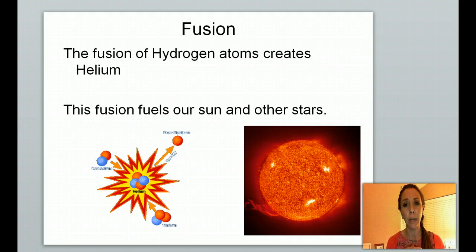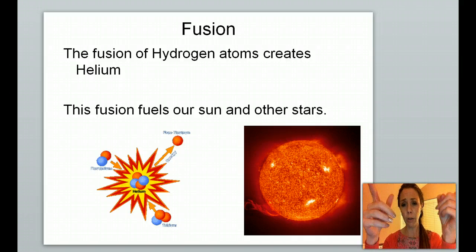These two coming together make the element helium. Right, so the hydrogen is kind of the ingredients. The helium is what's created. But when that process occurs, so when I'm putting two things together that don't want to be together by nature, a lot of energy is released. Right, so that's what you need to know about stars. Hydrogen fuses together into helium and releases lots of energy.